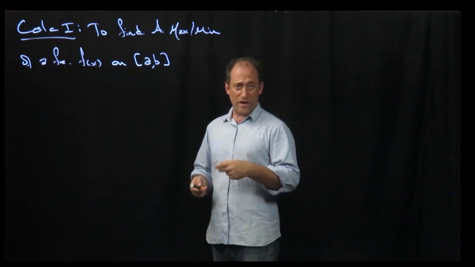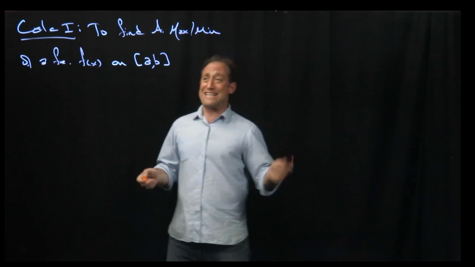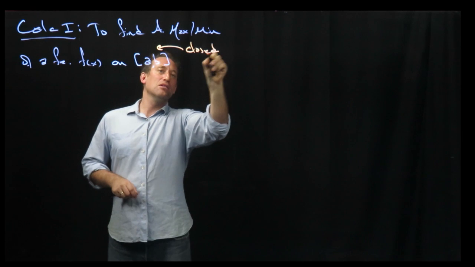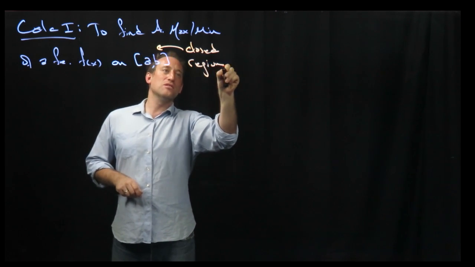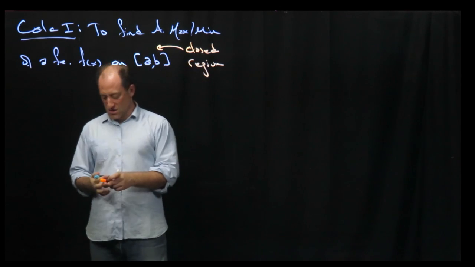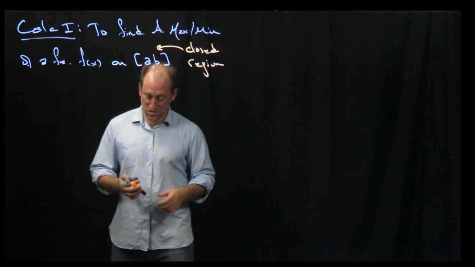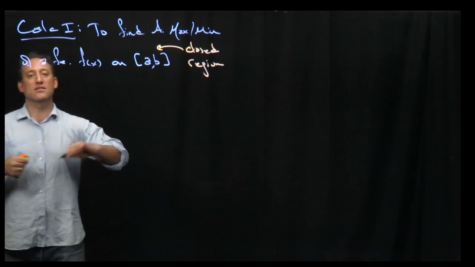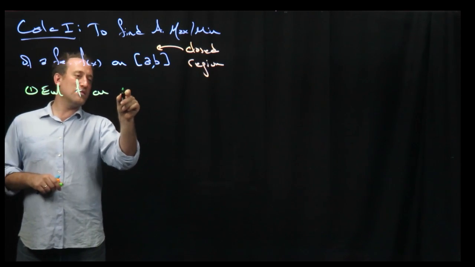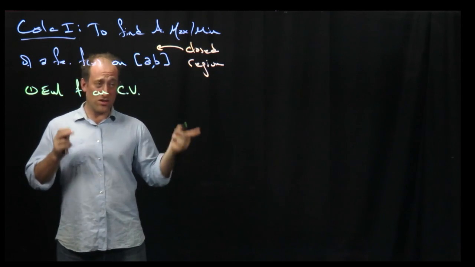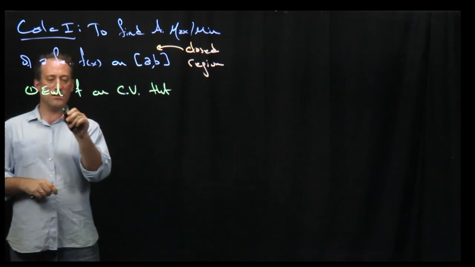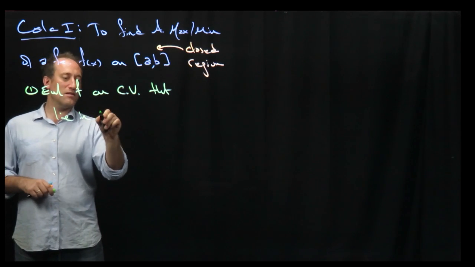Here, for functions of two variables in Calc 3, we just want the nice case. Nice case is when you have a closed region, in this case a closed interval. Alright, so to find the absolute max min of a function on that interval, you need to do two things. One, evaluate f on the critical values, but not just all critical values. You need to evaluate f on the critical values that lie in the interval